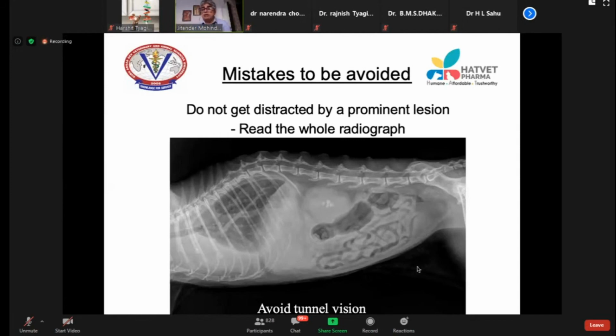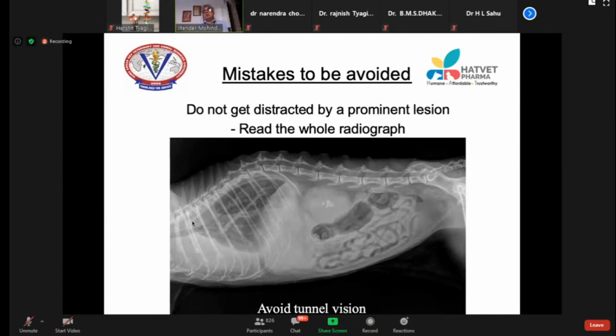This radiograph I have taken from a website on the internet. Now this is a beautiful radiograph. Here, apart from nephroliths, I can also see that there are pleural effusions. I can see some abnormal soft tissue opacity here. This could be a pleural effusion. This could be a soft tissue mass here. So I can't say what it is, but yes, there is soft tissue opacity. I have to evaluate this part of the radiograph also.